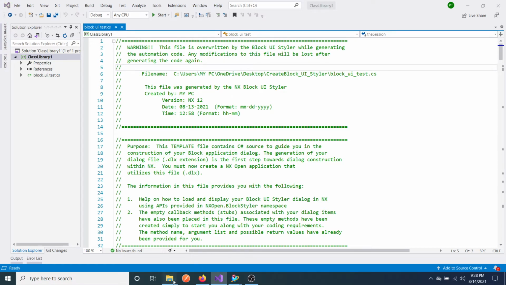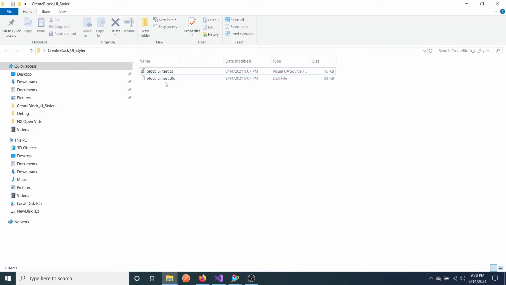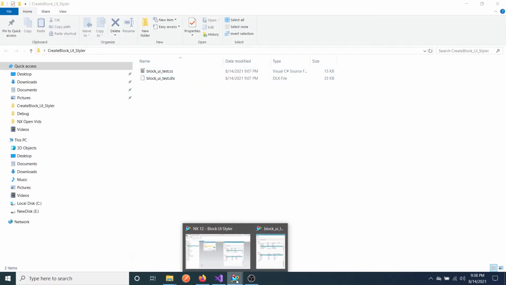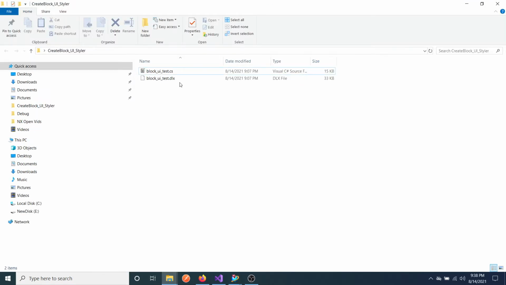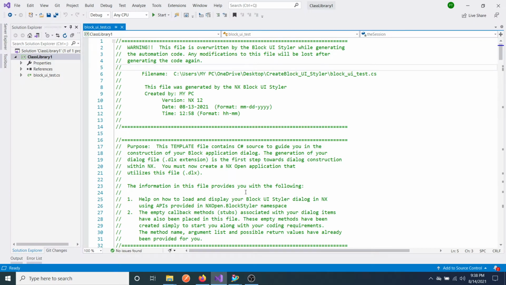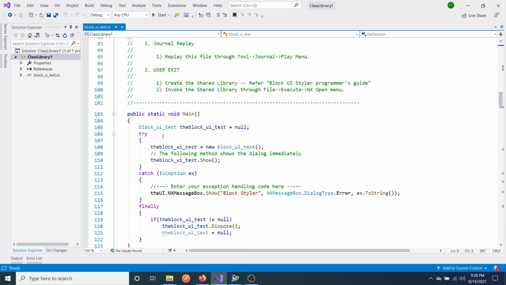If you remember, we have these two files. Once you save, these two files will be regenerated, which means it will replace this file as well as this file. So whatever you have written in this file will be overwritten,